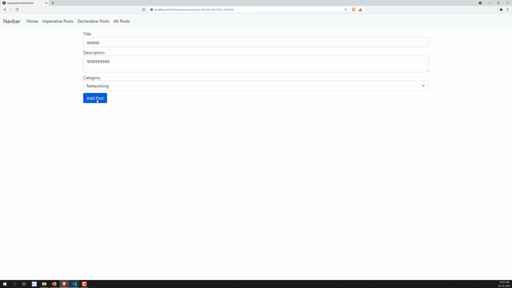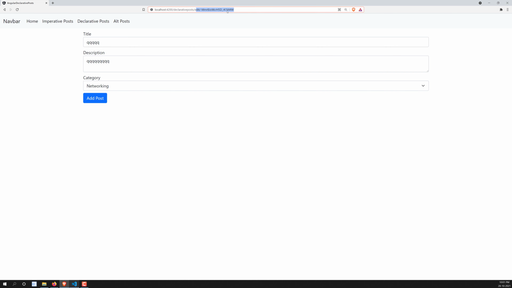Now when the user clicks on submit for the post, depending on the case it will be an update post or add post. So we need to add it or update it according to the URL. When there is a post ID in the URL, it means we need to update it. When there is no ID in the URL, it means it is an addition, so we need to add it. According to this logic, we need to add it or update it. We'll try to see it in the next video. Hope you understood about adding and updating the post form.